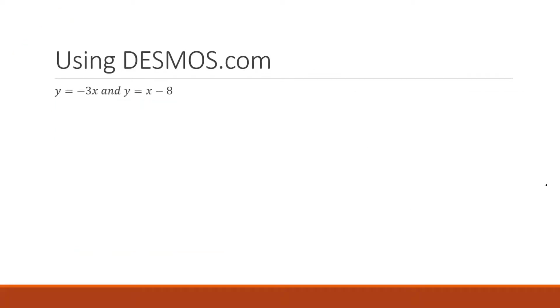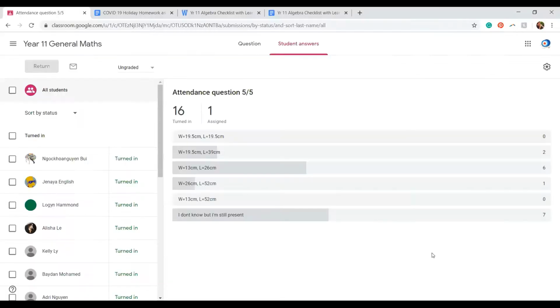For those of you that have got, I'm going to write this down here, just off screen, pardon me. y equals negative 3x and y equals x minus 8. And what I would like you guys to do is follow me. I would like you guys to grab a new tab. And I'm going to jump to a new tab. And I'd like you to come along the ride with me. I'm going to open up this new tab.